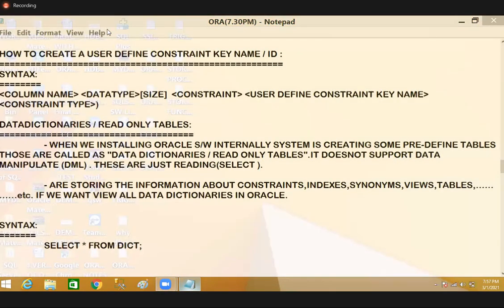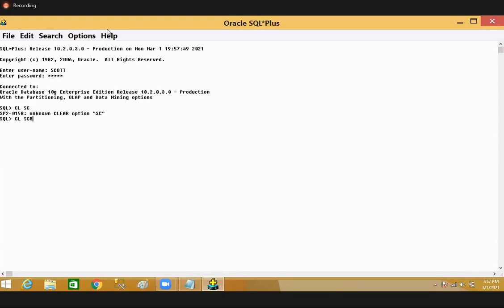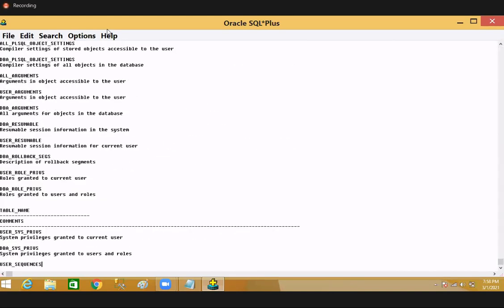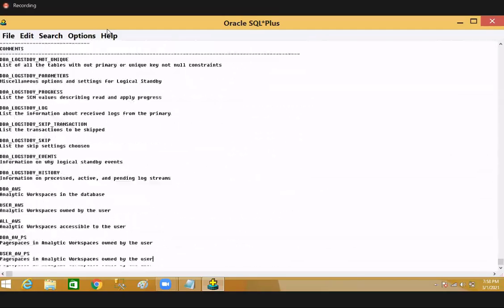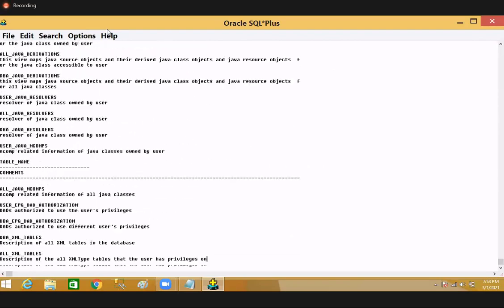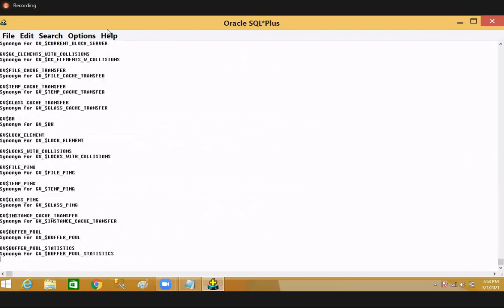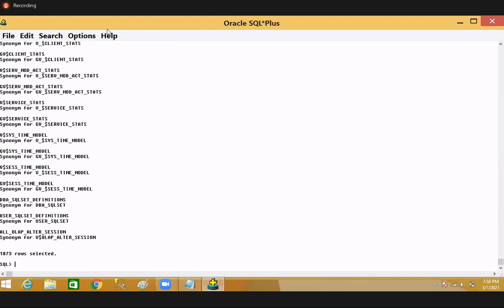For example, let's come back here and open Oracle. I'm just connecting with the users. Now I'm writing here select * from dict and pressing execute. So many are there here. Like this, you can see, guys, 1873